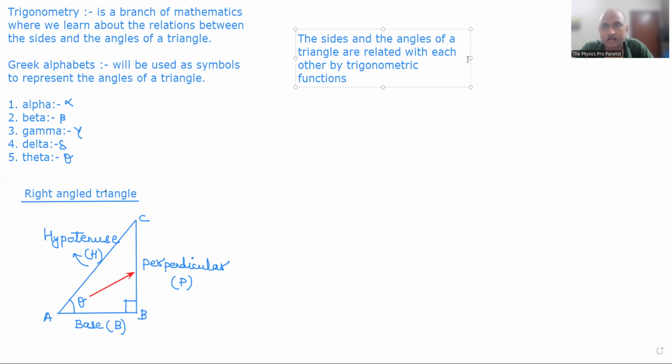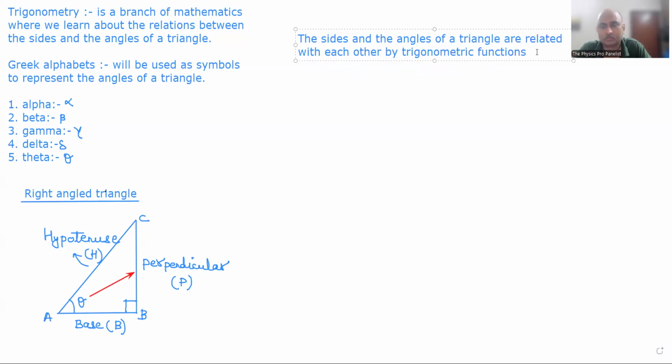Okay? The sides and the angles of a triangle are related with each other by trigonometric functions. Now, there are 6 basic trigonometric functions. The basic trigonometric functions are,